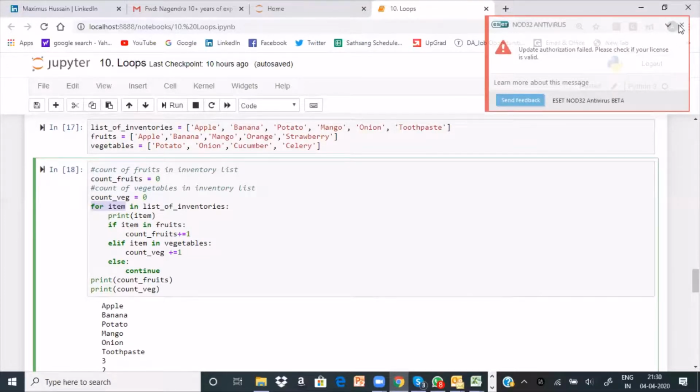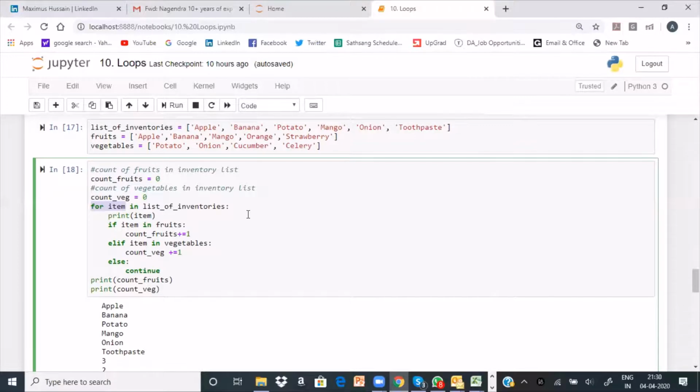I'm not interested in explaining the logic of what this program is doing, but rather my whole attempt is to introduce you to this for item. That's all. I'll pause for a few seconds so that you can type this and figure it out.